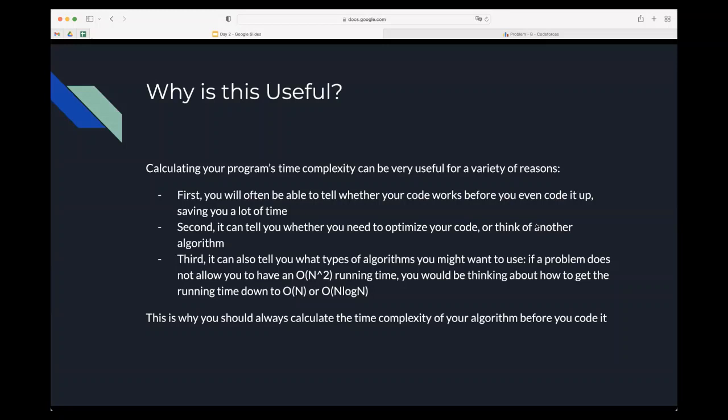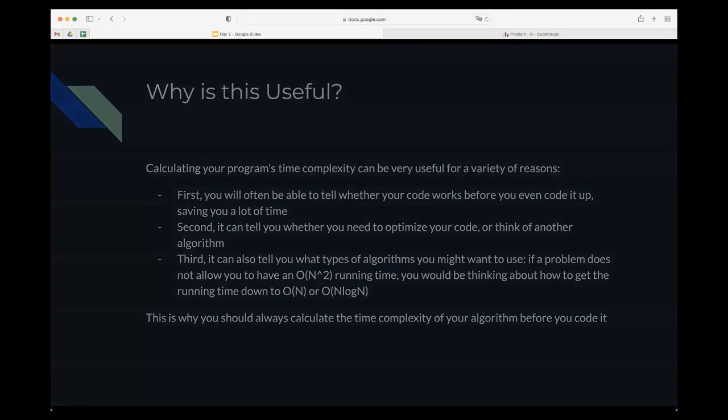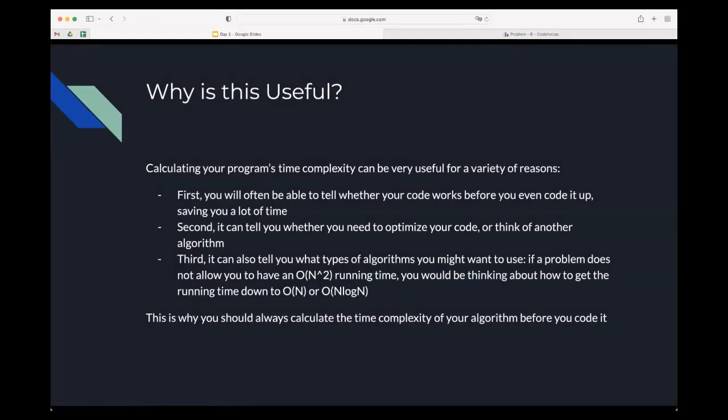Second, it can tell you whether you need to optimize your code or think of another algorithm. For example, again, let's say your code is n squared and n is really big, so n squared won't work. Then you might think, how do I optimize this? Or do I even need to optimize this? It'll tell you whether you need to optimize your program or whether you need to think of another algorithm. And another reason,